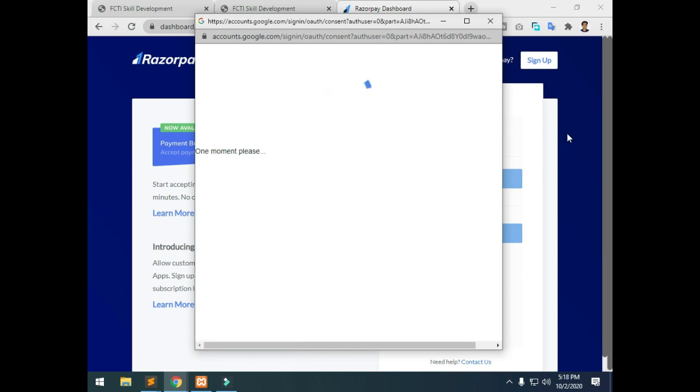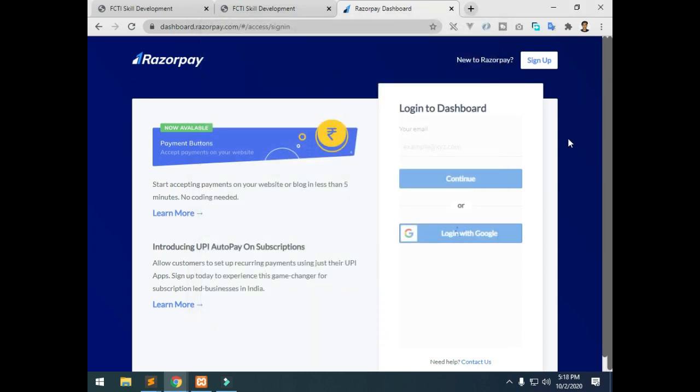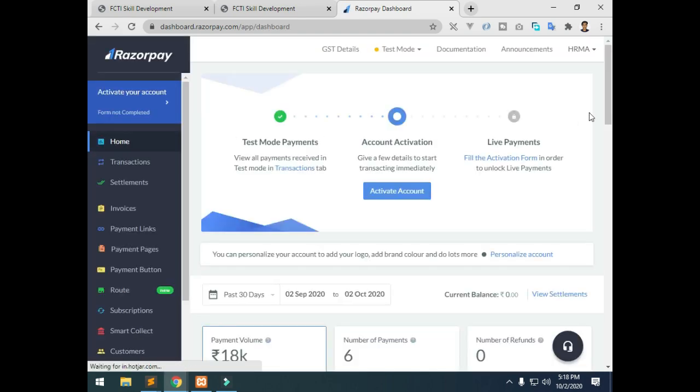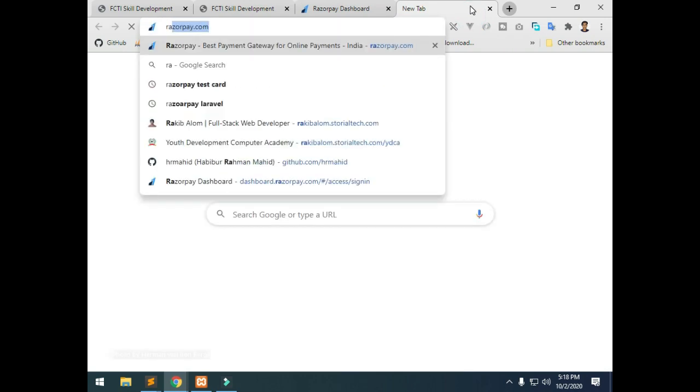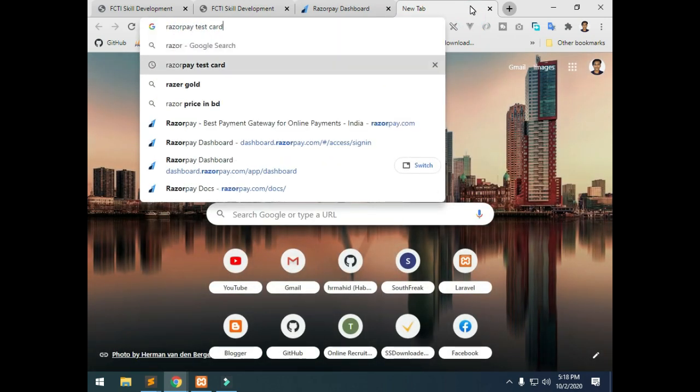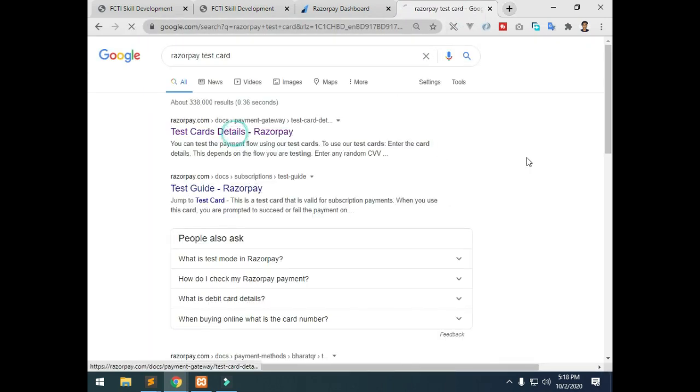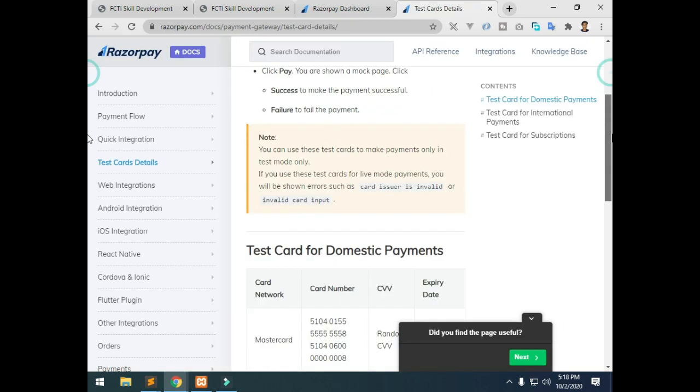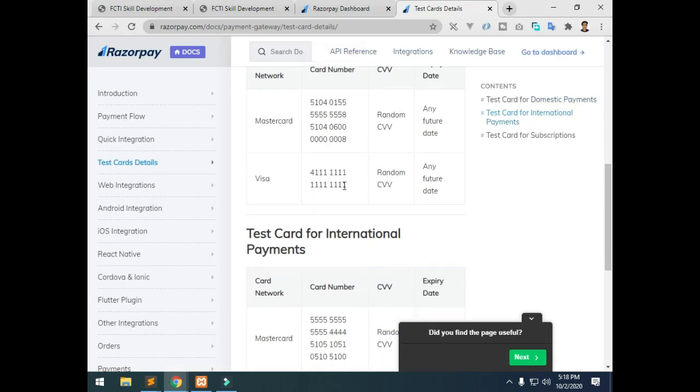So I'm logging in to my account. I'm in test mode now. Let's test the account. So I'm going to the Razorpay test card. Here I will pick a card for testing. So I'm using this Visa card.